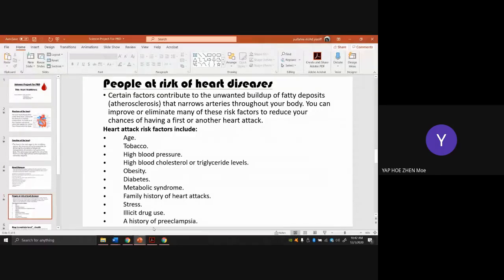People at risk of heart diseases. Certain factors contribute to the unwanted build-up of fatty deposits, atherosclerosis, that narrows arteries throughout your body. You can improve or eliminate many of these risk factors to reduce your chance of having a first or another heart attack. Heart attack risk factors include age, tobacco, high blood pressure, high blood cholesterol, or triglyceride levels,